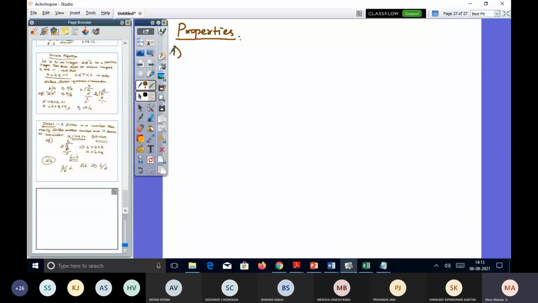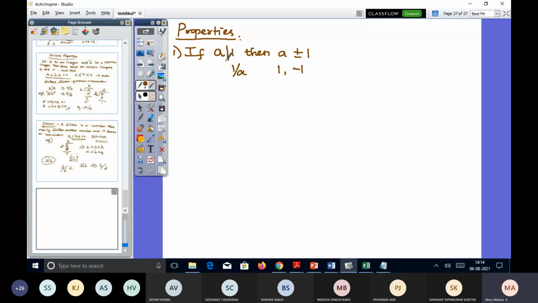if A divides 1, then A is plus or minus 1. Okay, so this is the first property. What do we mean by A divides 1? It will be written as 1 divided by A, isn't it? So A is dividing 1, which means it has no remainder. So automatically it is understood that the value of A will be either plus 1 or minus 1. Any one will be there. That is the first property.